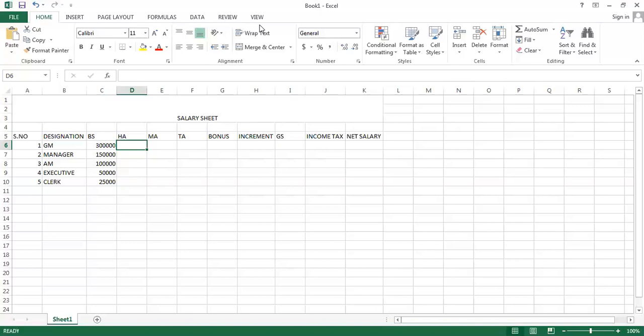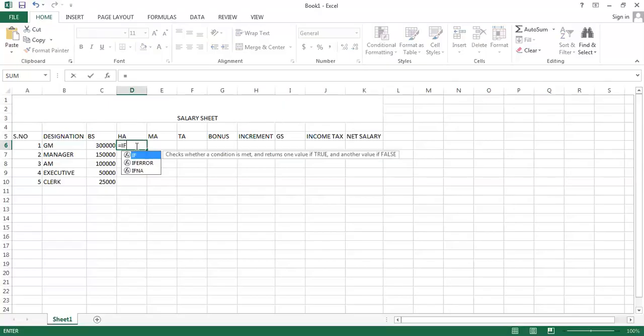And in order to create this formula, I'll start with equals to if. I'll press a tab, and now I will create a logical test. And how I'll create a logical test, I'll select that cell in which my first designation is, that is column B, row 6, that is B6, and then I'll write equals to. And why? Because I'm equating it.